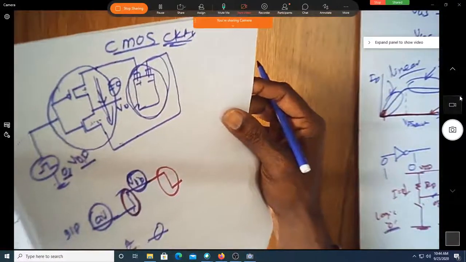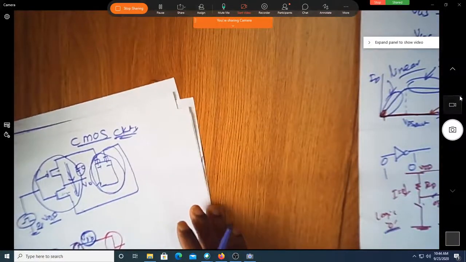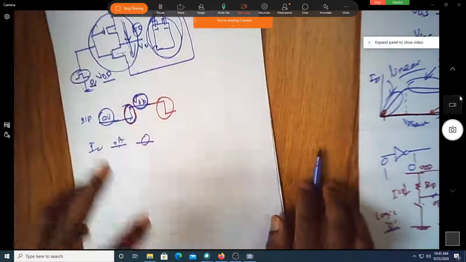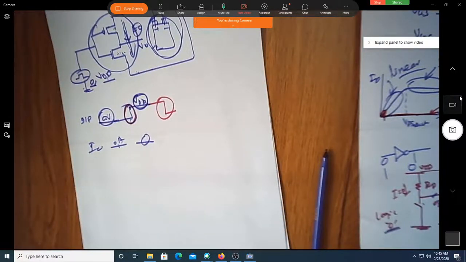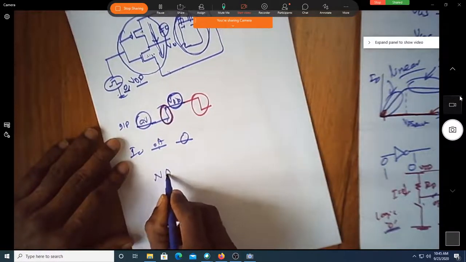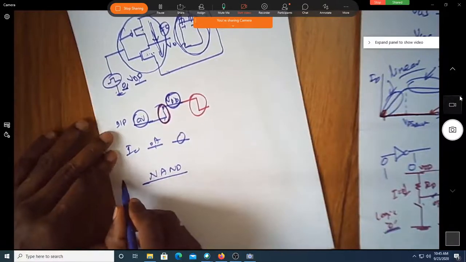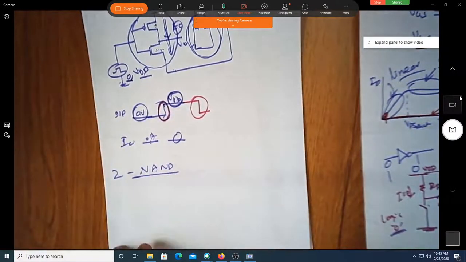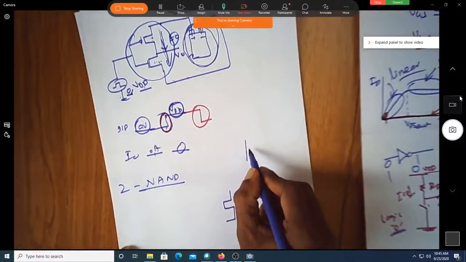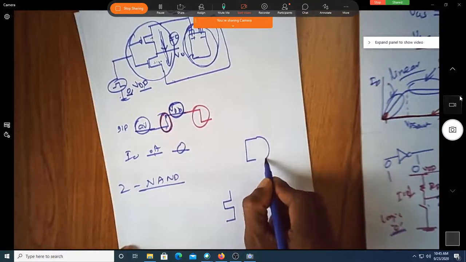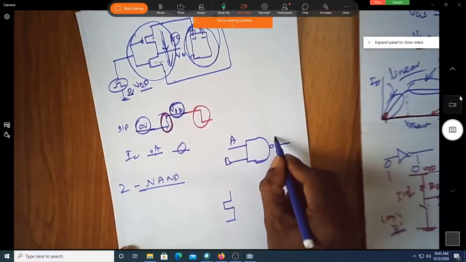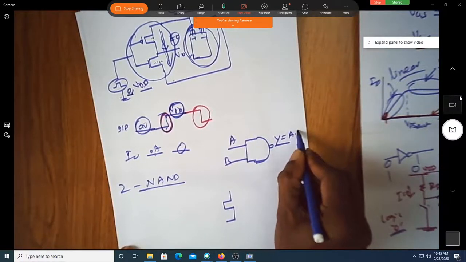Now, are you interested to see how an AND gate or a NAND gate works? Okay, let us start. Can you name a few universal gates? Universal gates: NAND and NOR. So let us take the NAND gate and try to implement that. Let us take a two input NAND gate. Let me write this circuit. What is the symbol you have? You have this as a symbol. This is A, B, Y is equal to A into B whole bar.